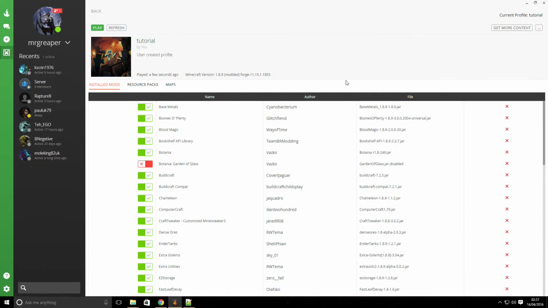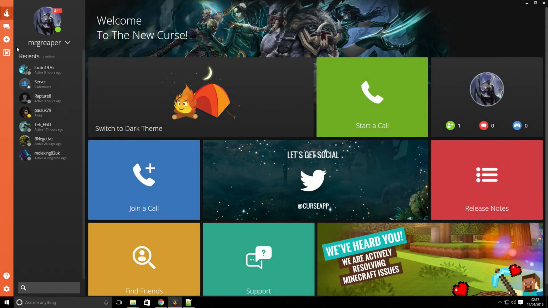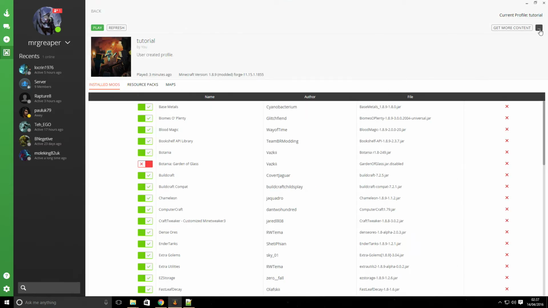Okay, so you've got this wonderful client set up. You know it works, and your mate Mole wants to play the game with you. So let's say you've loaded it back up and you've gone, right, okay, yeah, fair enough, we'll play it together. So you click on Minecraft and you click on tutorial and you go up to this little dot, which is a menu, and this time you want to go to export profile. But before you do that, go to open folder